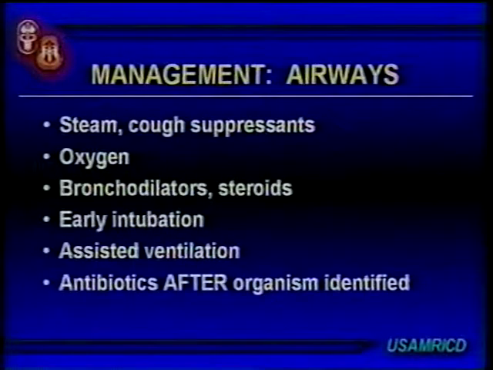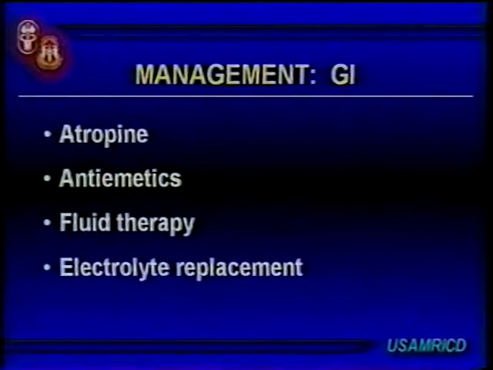Bronchodilators, the steroids here are for bronchospasm. They're not for anti-inflammatory. There's no indication that we have that it will knock out the inflammation. It's for bronchospasm. Atropine, this is not like in nerve agents. This is like a preoperative dosage, like for cramping and diarrhea, like 0.3 milligrams. That's what this would be for nausea, vomiting, diarrhea, if you have the cholinergic or GI effects of mustard. And we've talked about the fluid and electrolyte replacement.